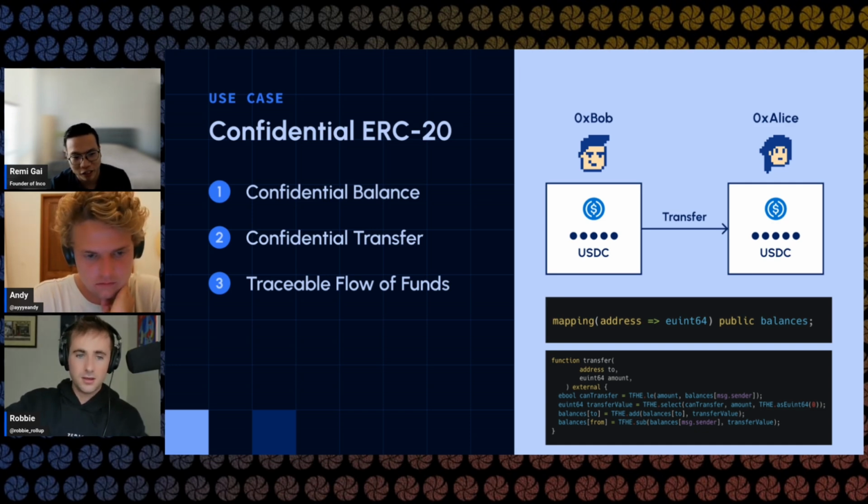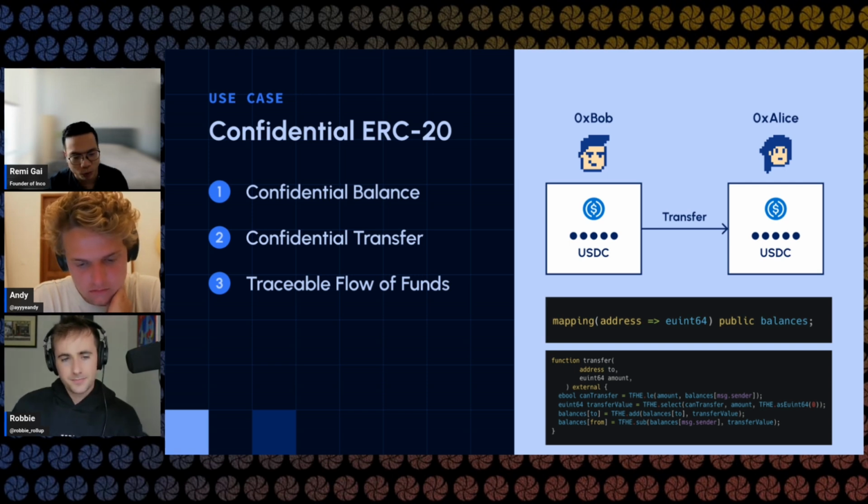Exactly. It's deterministic, right? So when Bob sends money to Alice, although the values and the amounts are encrypted, the new ciphertext is going to look the same across all the validators. And this is actually kind of nice because if we were to zoom out, why are blockchains transparent? They're transparent because you need to be able to verify that all the transactions are done correctly.